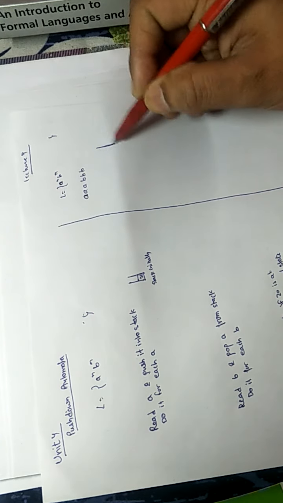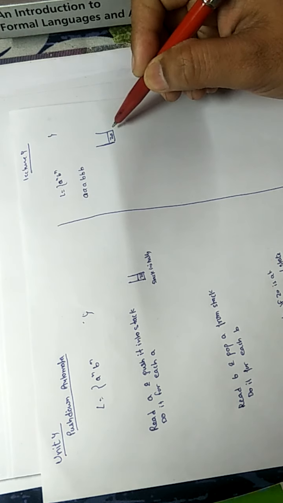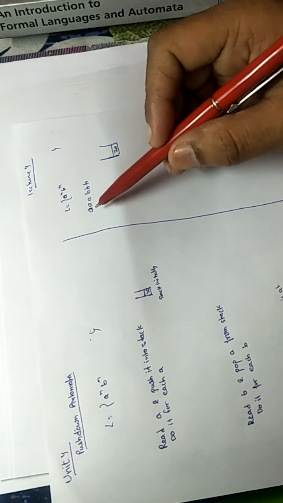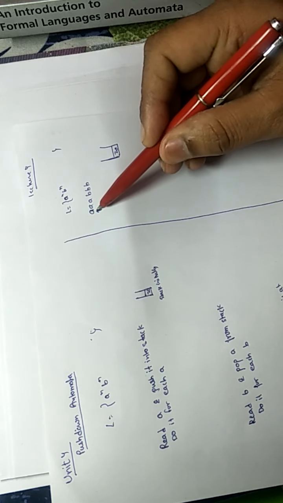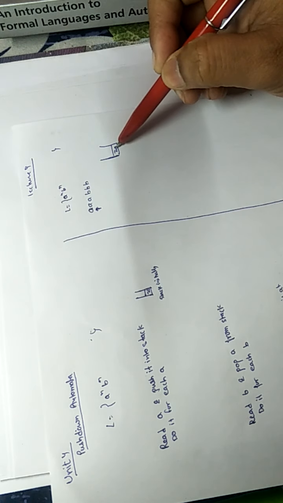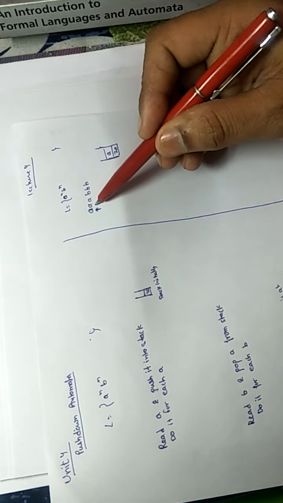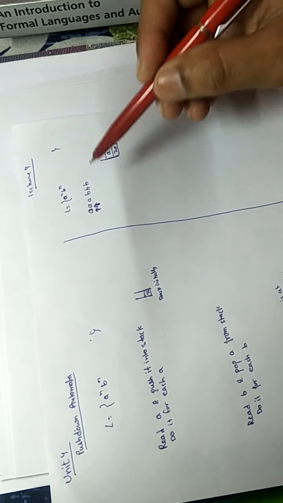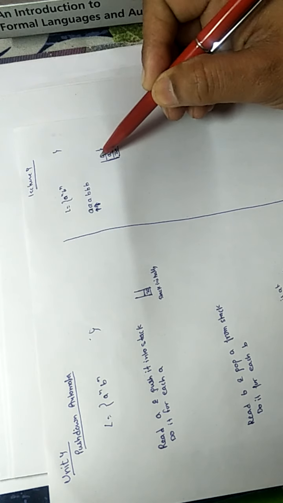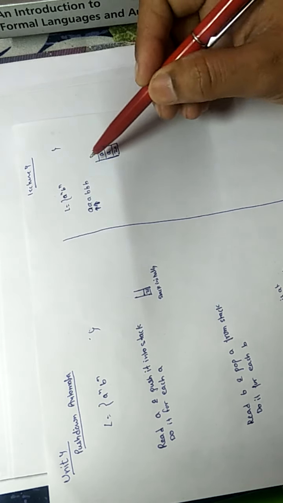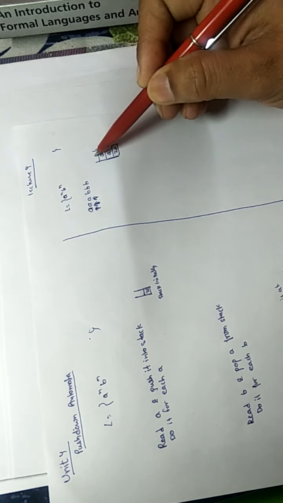And we have a stack having Z0 as the initial symbol. So what we need to do, we have to read A and push it into the stack. For the very first A, Z0 is at the top. Now we push the A. Now the cursor moves to the second A. Read this A, it is on the top of the stack, so push A. Again move to the next A. Read A, push A.